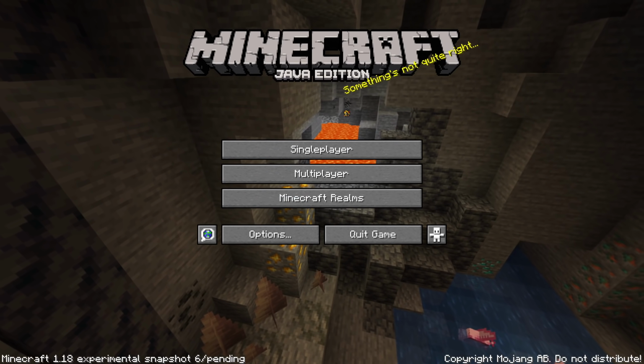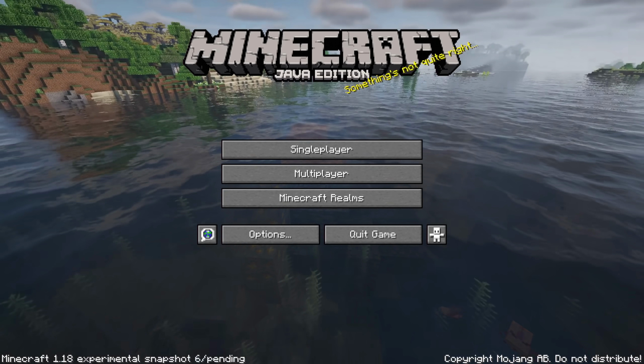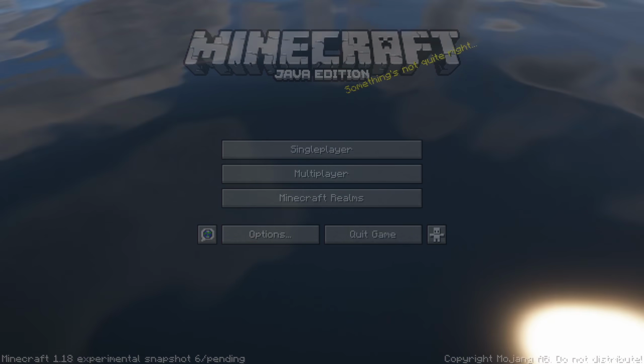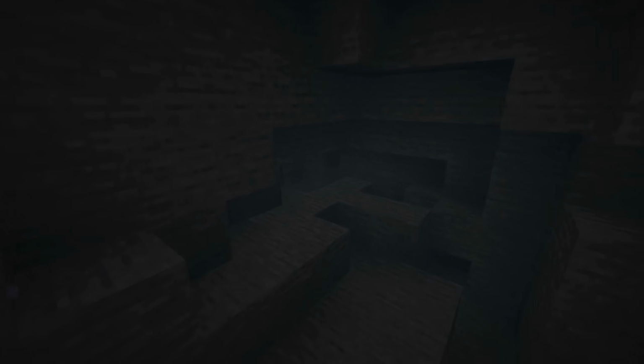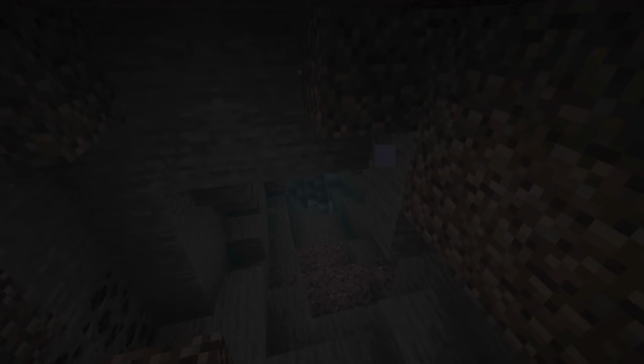Ladies and gentlemen, here is a new experimental snapshot for Minecraft 1.18, number 6, with further tweaks to the new world generation. My name is Sliced Lime and I will be your guide for this tour of the changes in this version. Let's start with some of the big changes in this version that can be found on the